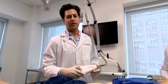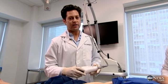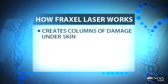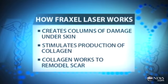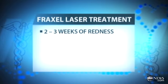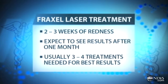So the Fraxel Laser is based on what's called fractionated technology. What it does is it pokes little columns of thermal energy under the skin, which stimulate collagen to grow in, and it actually fills in and remodels the scar post-treatment. Post-procedure, there's about 2 to 3 weeks of a little bit of redness, and then you can expect to see results 1 month after the treatment. Usually 3 or 4 treatments are needed to get the best results,